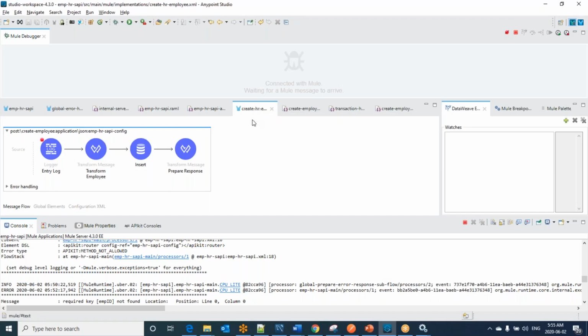Let me tell you three scenarios. Scenario 1: you have a main flow and you have a subflow. In the subflow, if you are using on error continue, the main flow will continue, which we already saw. If we are using on error propagate and we are setting up some response and we are not handling it in the main flow, then whatever you set up in the subflow will be responded back. And next, that is the same with a subflow and a private flow. There is no difference. If it is a subflow or private flow and you are using on error continue, it will continue the execution.